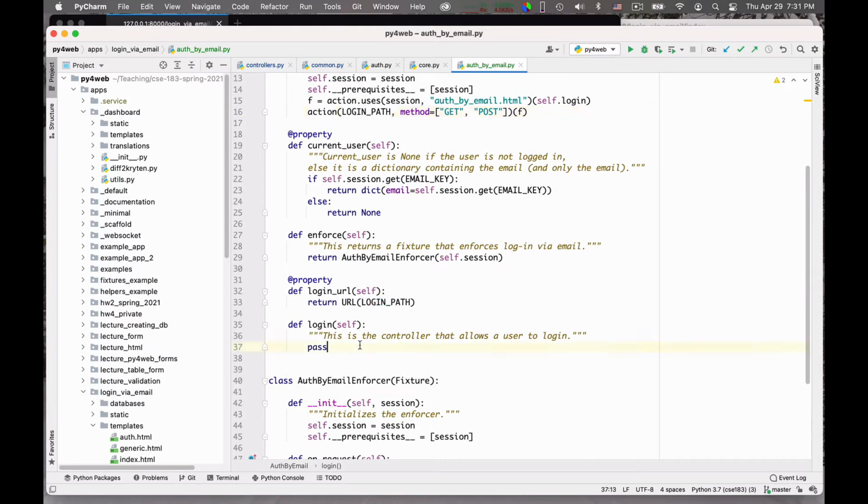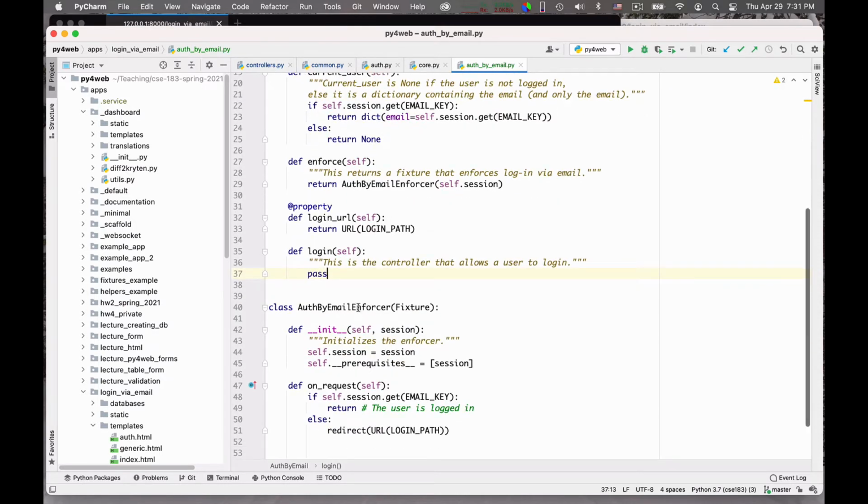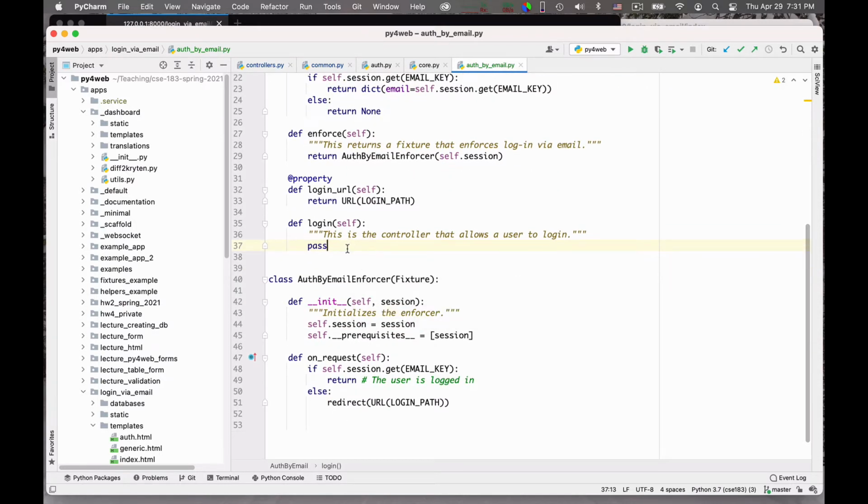So what do I do in the login function? Well, what I need to do here is check if the user is logged in. And if it's logged in, what do I do? Nothing. I may redirect them to some place. For the moment, I will hardwire it to the index directory.